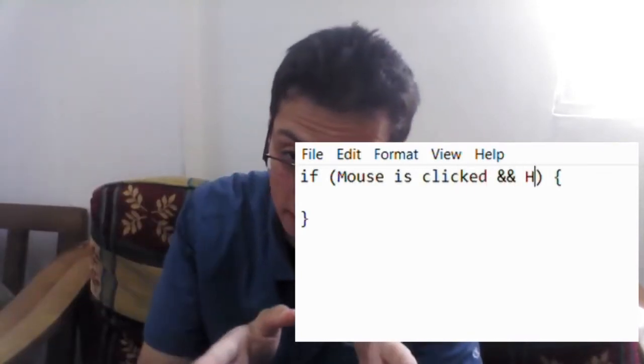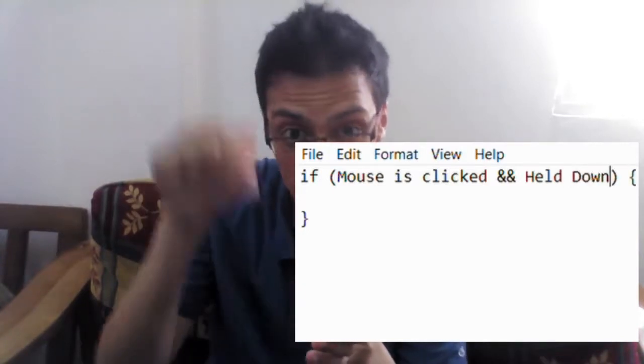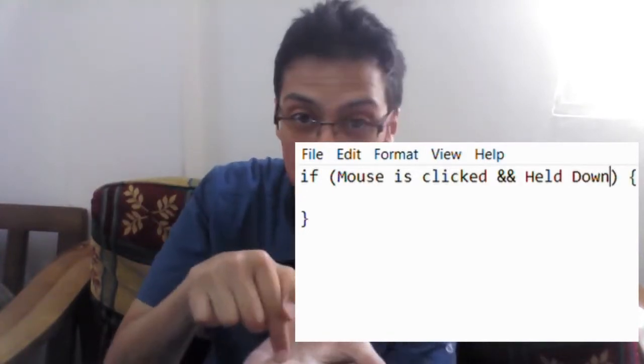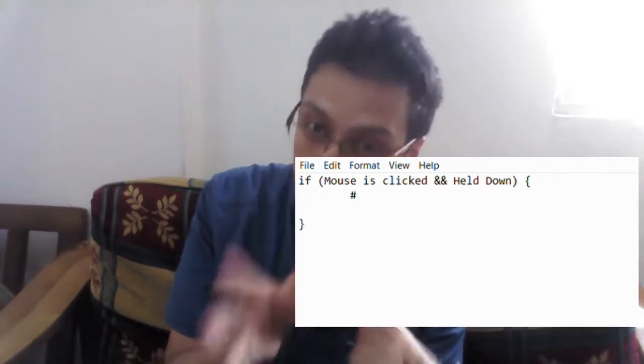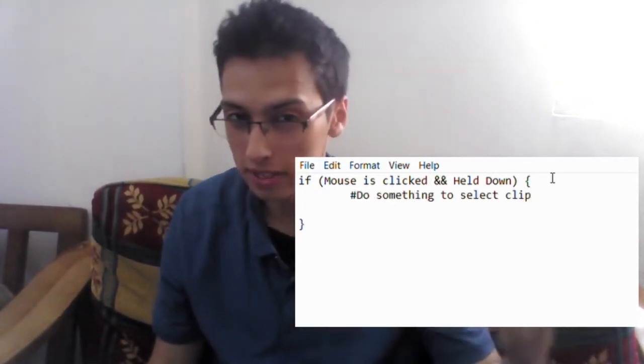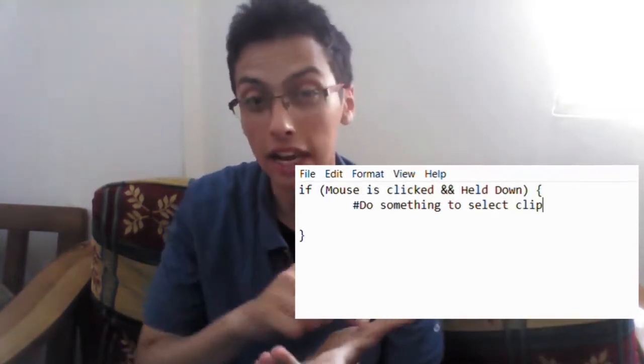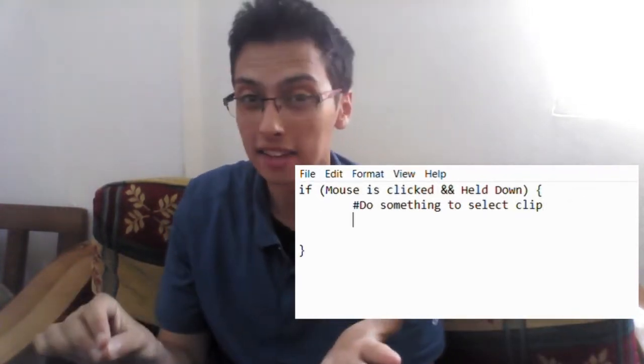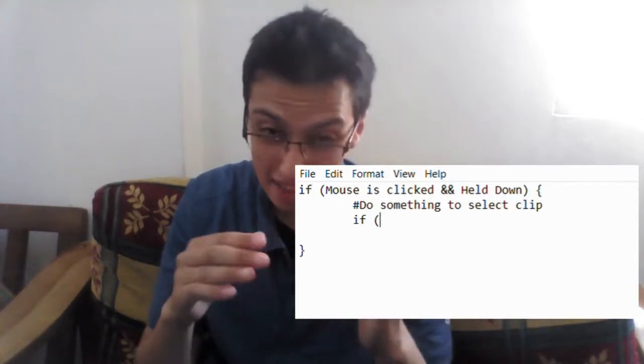If the left mouse button, you click it and you hold it down. That's what I mean. So the left mouse button, you check if it's clicked and it's held down. Okay? So if it's clicked and held down, you select the clip. Now, if it's held down inside that if statement, you just go select. You write a function for selecting that audio clip. And then inside that if